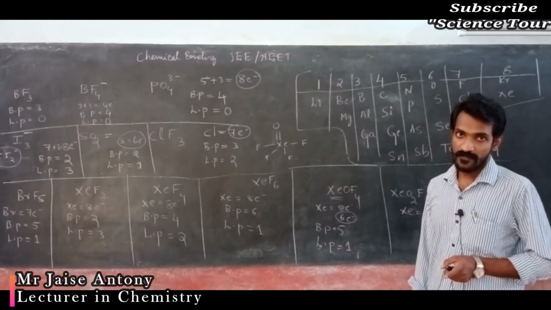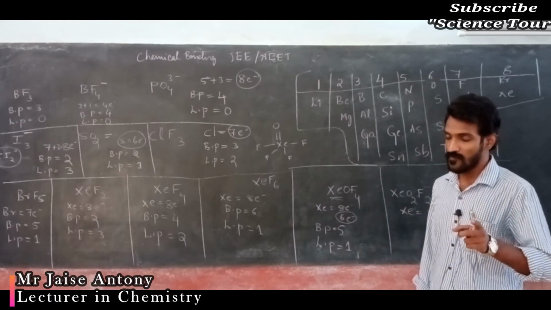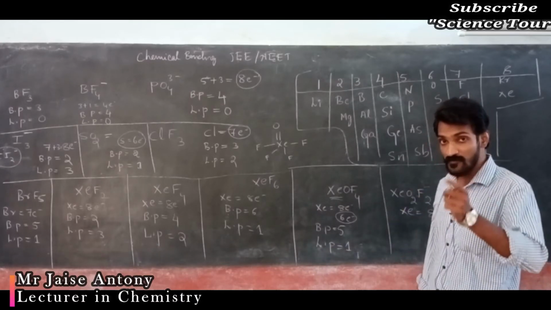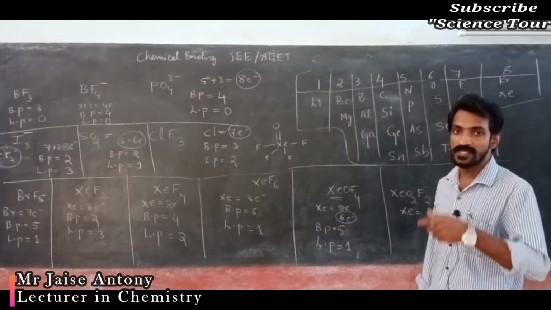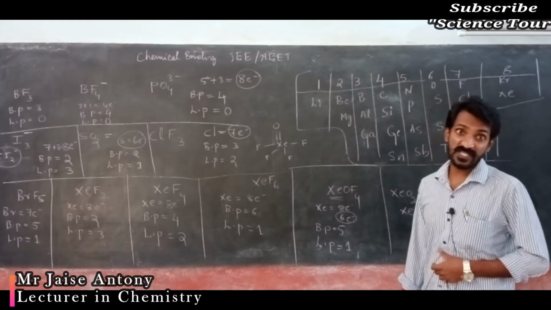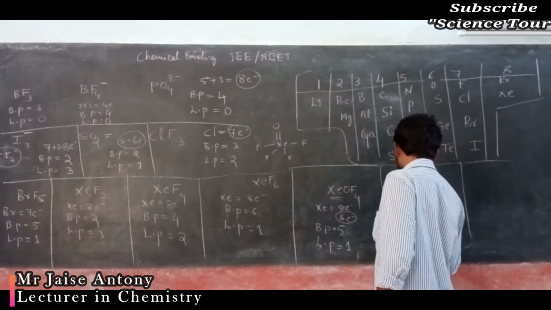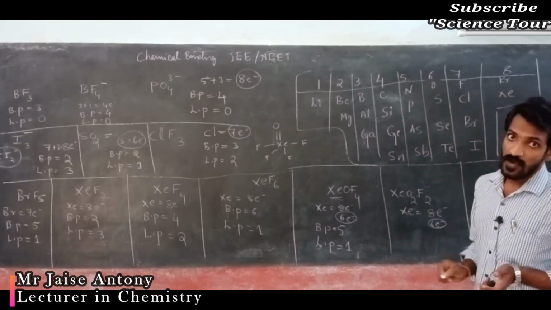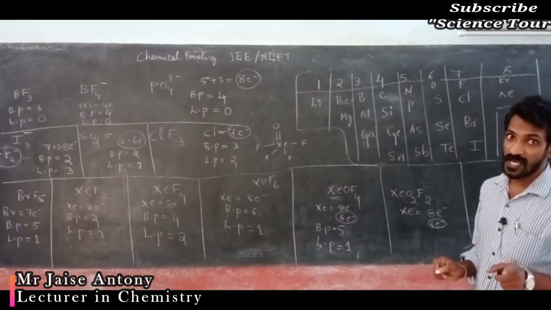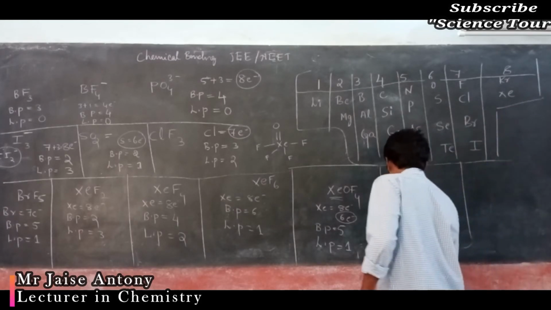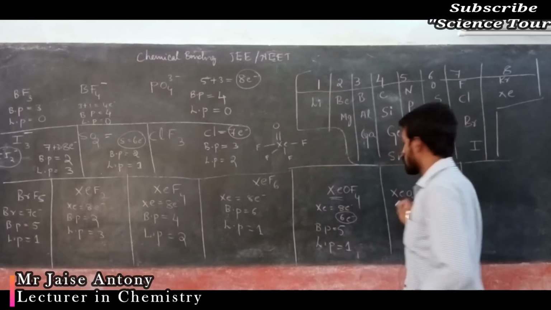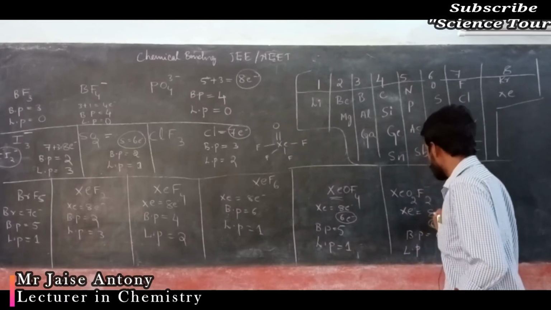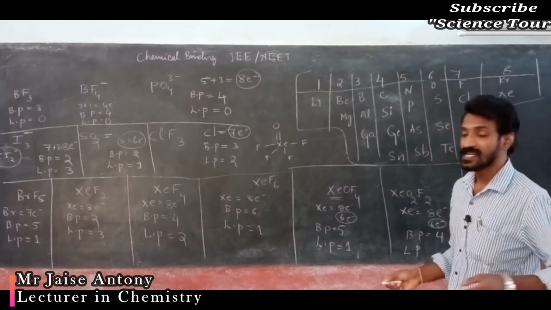a bond with the fluorine, and 4 electrons are used for forming bonds with the 2 oxygen atoms. 4 plus 2, total 6 electrons are used, but here the xenon-oxygen bond is treated as a super single bond. So bond pair is 1, 2, 3, 4 bond pair. Lone pair is 8 minus 6, 1 lone pair.